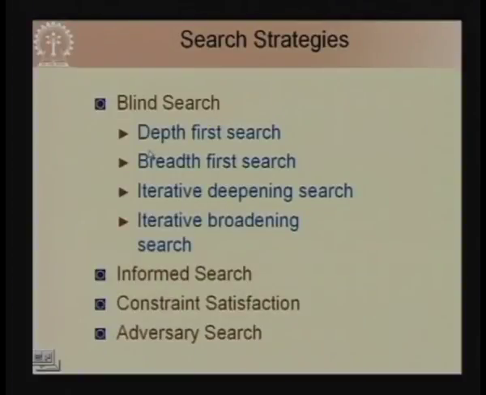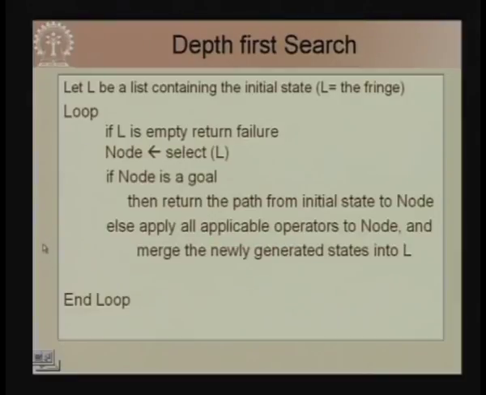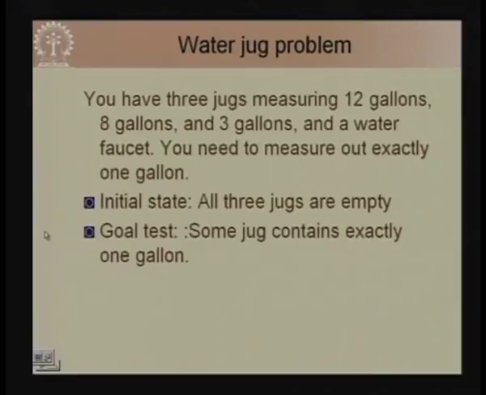The various search strategies that we will study are blind search, that is, without heuristics. In those we have depth first search, breadth first search, iterative deepening search, iterative broadening search, etc. We have informed search that makes use of heuristic information. We will also study constraint satisfaction problems, and we will also look at adversary search involving two-person games. So we will come back to breadth first search and depth first search in the next lecture,